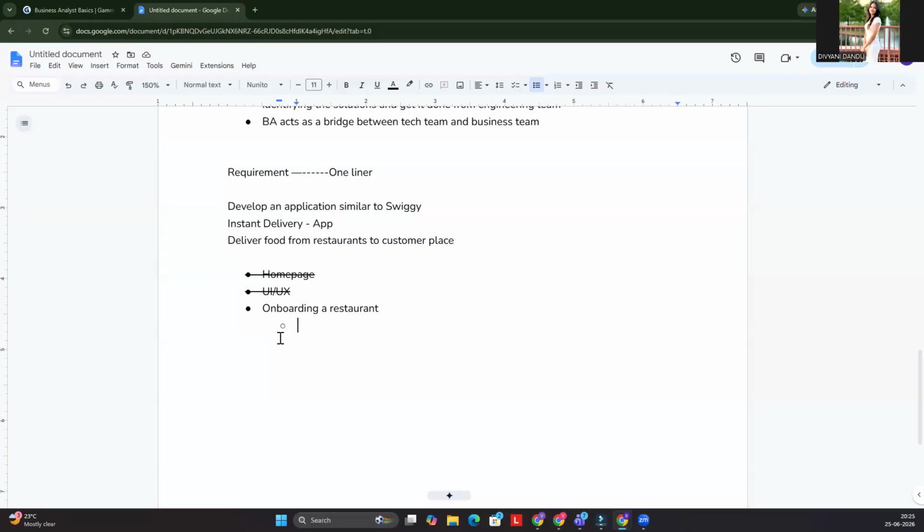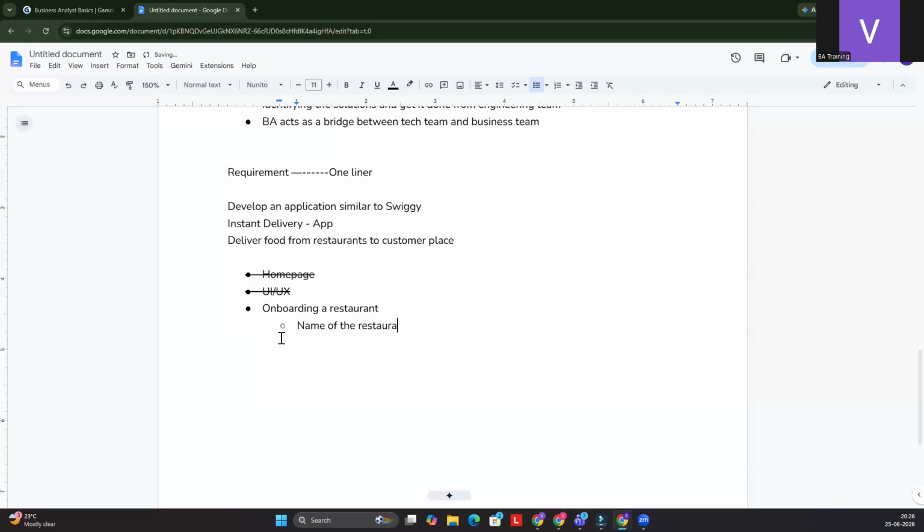Yes. Right? So you need to think as a layman only. When you are gathering the requirements, you should always think as a layman. You should always try to speak in business language, because you are not speaking with the tech team about user interface, user experience and all. This is very basic. So you want to onboard a restaurant, simple. While onboarding the restaurant, what details do you want us to capture? Do you want to capture the name of the restaurant,